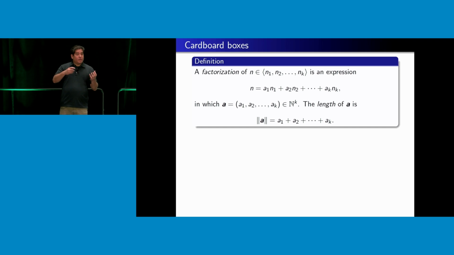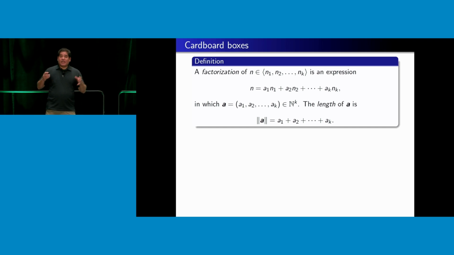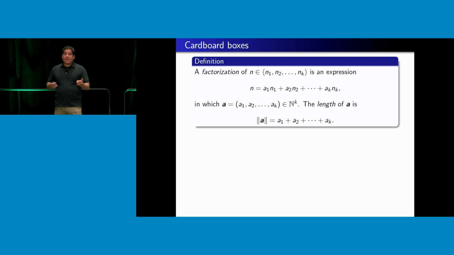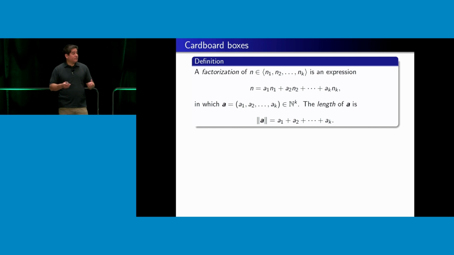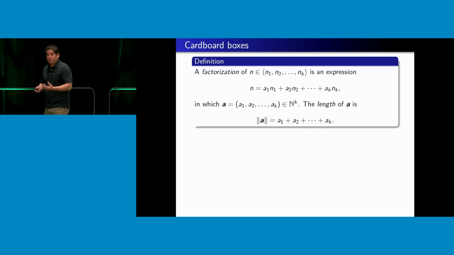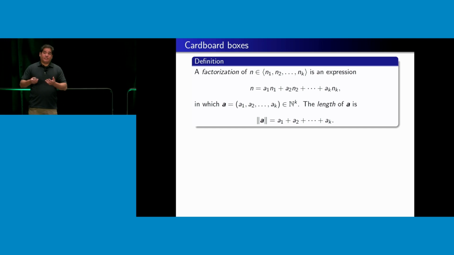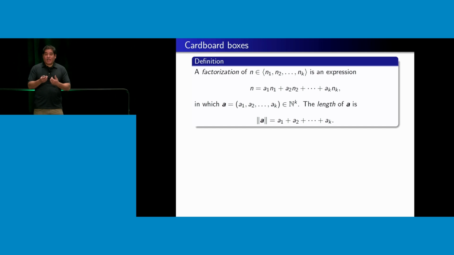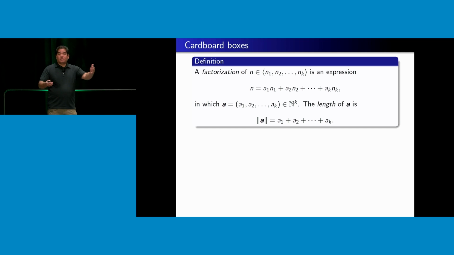So think about the n1 up to nk as the allowable box sizes at your fast food restaurant. Think of n as the quantity of nuggets demanded by the customer when they show up. Now, the cashier can respond in several ways. They might be able to say, well, sorry, I can't do exactly n nuggets. Well, Sylvester's theorem says if n is sufficiently large, you can, and you'll probably actually have more choices in how